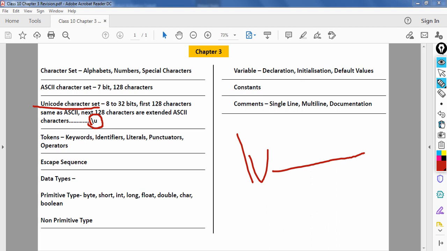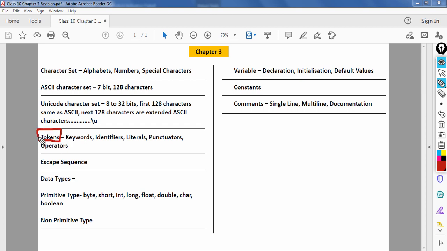Now since we have the characters, the next thing is words, isn't it? Even in a normal language, first step is alphabet, then from alphabets certain characters are combined to form a word. Similarly, in Java also, certain characters are combined to form tokens.